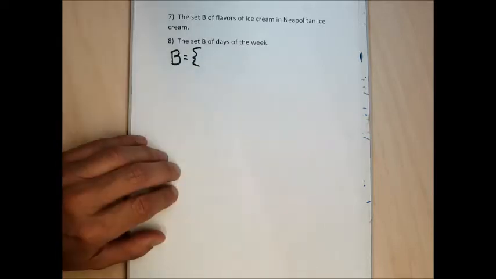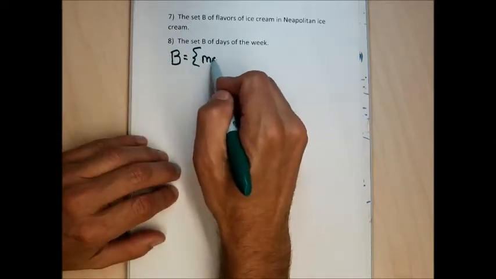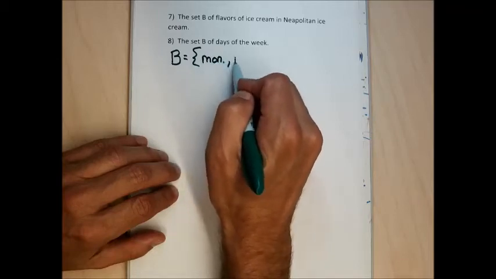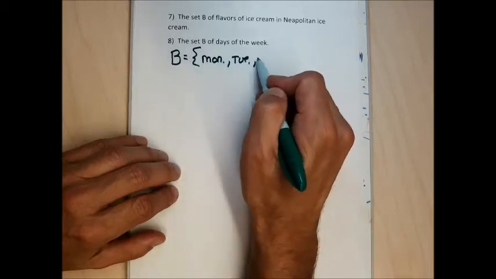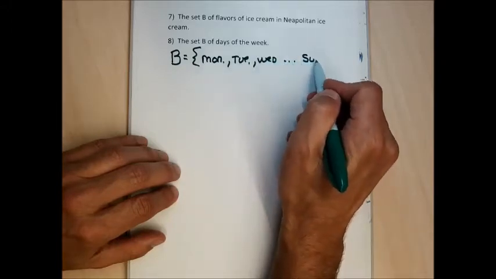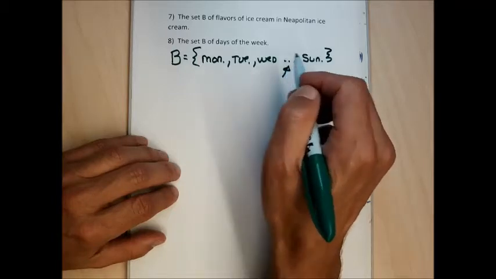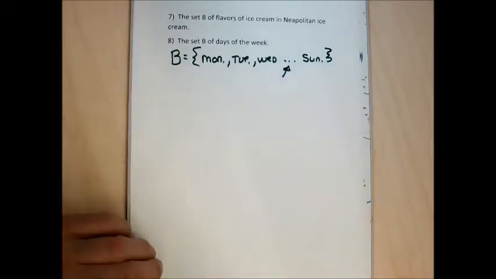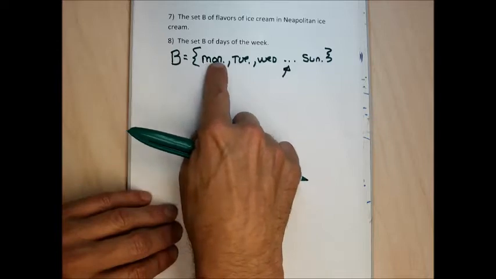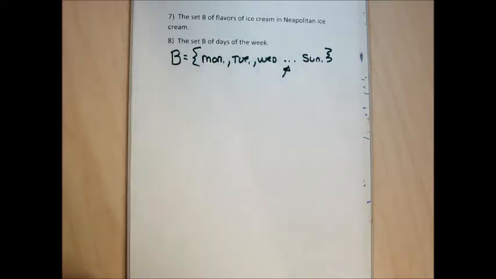My question 8 wants to list the set of the days of the week. Let me just be lazy and abbreviate. I'll say Monday, Tuesday, Wednesday, ... Sunday. This ... means the pattern continues, and I think I established a pattern here: Monday, Tuesday, Wednesday, then Thursday, Friday, Saturday to Sunday. That's a lazy way to write that answer, but I didn't feel like writing Thursday, Friday, Saturday in there